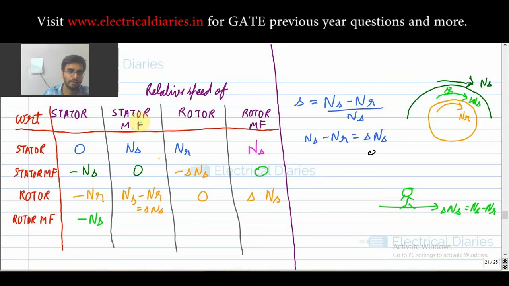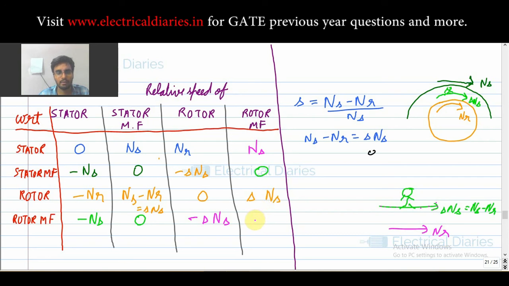Now the stator magnetic field with respect to rotor magnetic field, I have already told you that this will be 0 because both the magnetic fields have to be hand in hand. Now the rotor with respect to rotor magnetic field. Your rotor is already moving with a speed of nr and your stator is moving with a speed of ns minus nr. So standing on the rotor, what will I see? We know that speed of rotor magnetic field with respect to the rotor is s ns. So speed of rotor with respect to rotor magnetic field will be minus s ns.